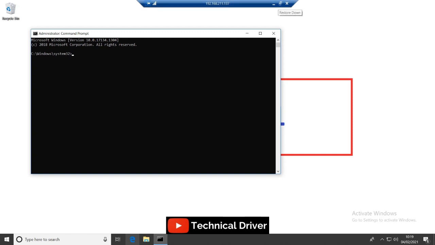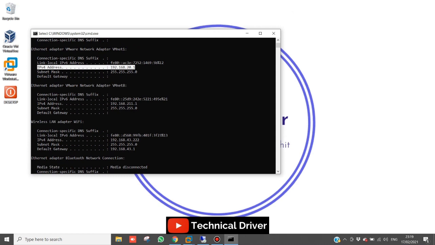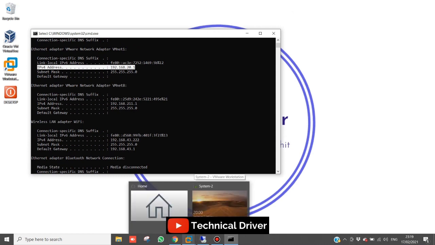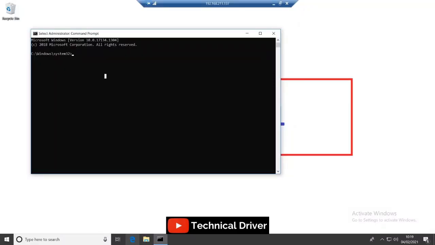First I will note the IP address of my main server machine and check its time by using a single command.